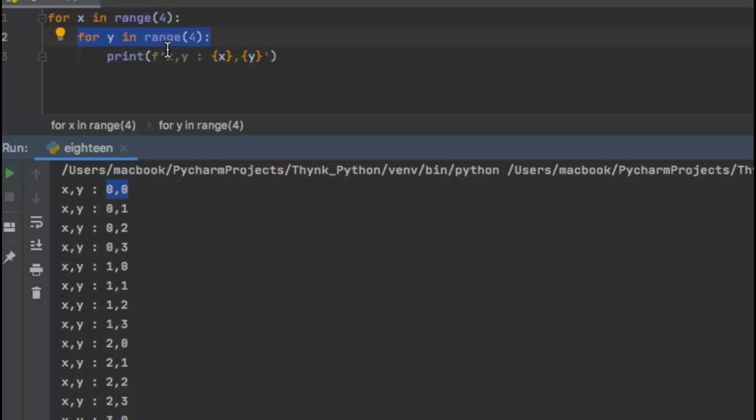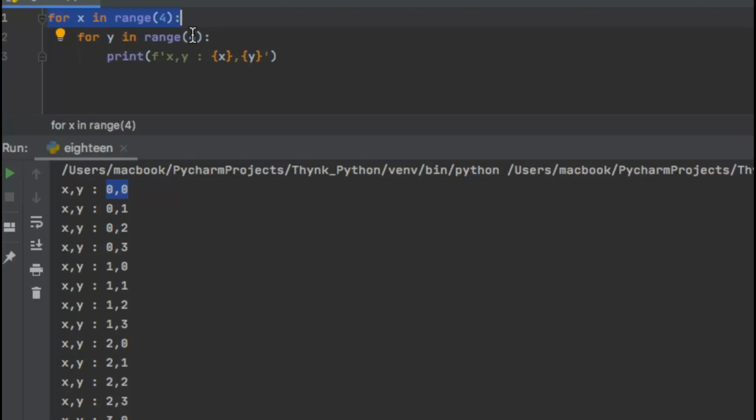Now it will complete the second iteration of the inner loop. In the second iteration of the inner loop, y is incremented to 1, and please remember that we are still in the first iteration of the outer loop. So in the first iteration of the outer loop, x would remain 0 only till the second iteration of the outer loop starts.